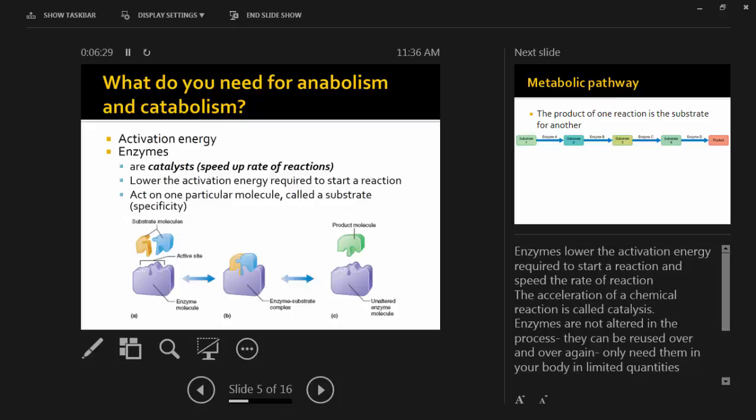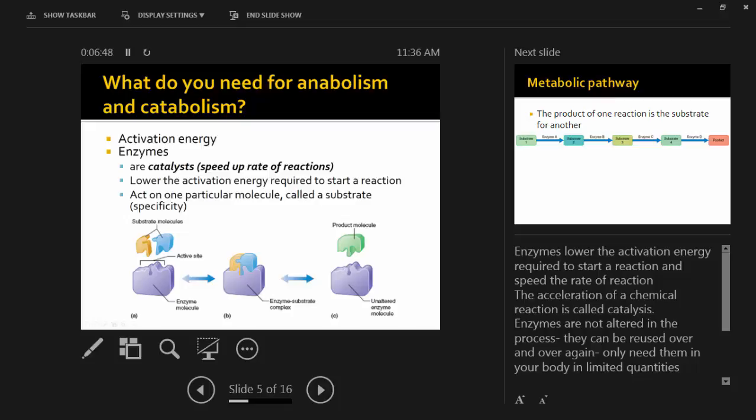Enzymes are very, very specific to the particular molecules they act on. So the molecules that they act on are called their substrates. And there's kind of one enzyme per substrate. They match exactly. Enzymes don't have general functions. They have very specific functions for the particular reaction that you're looking at.